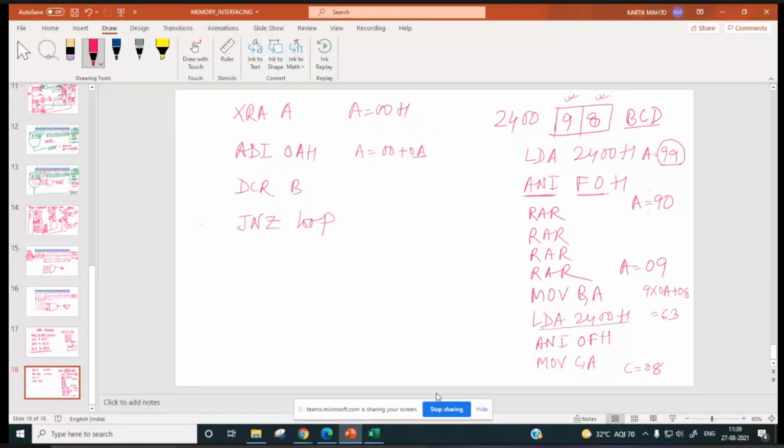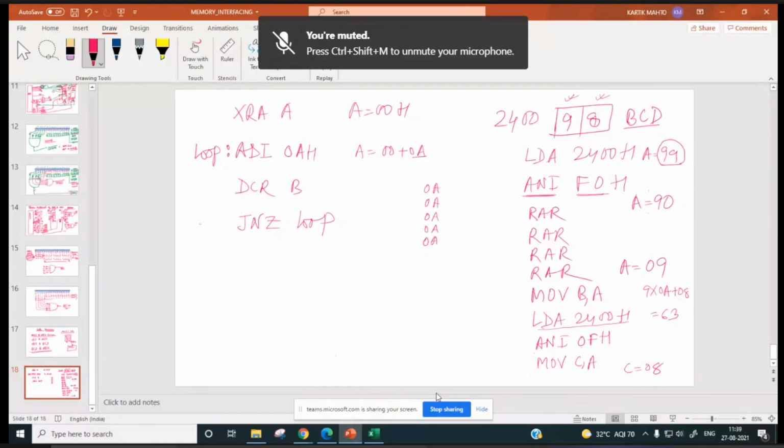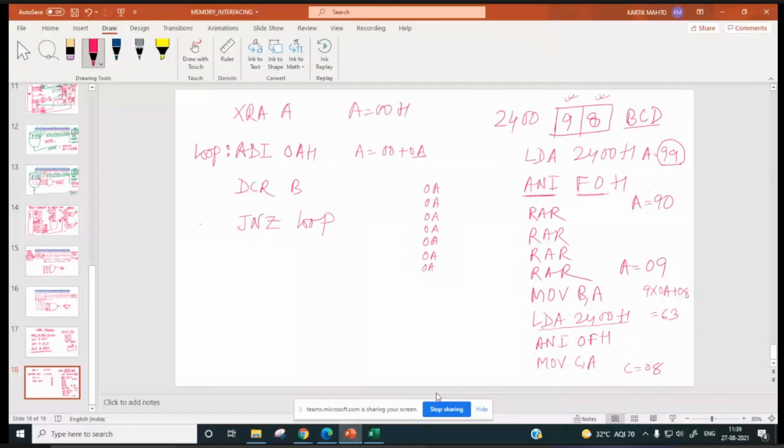The loop will be at ADI. Now when it comes out of the loop, 0A will have been added how many times? 9 times.